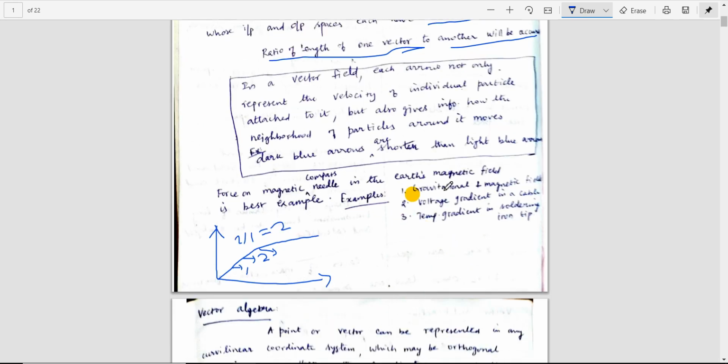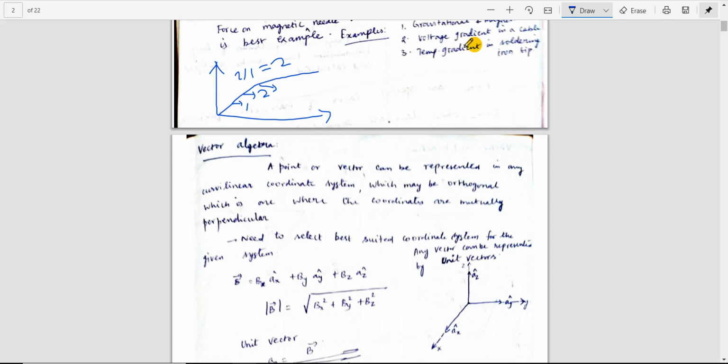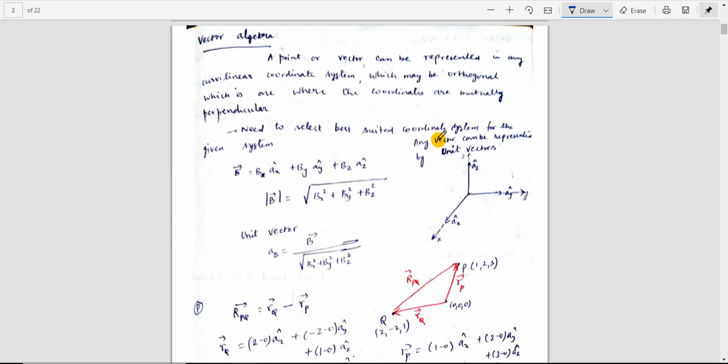Examples: gravitation, magnetic field, voltage gradient, temperature gradient in a soldering iron tip. You can define vector field examples like this. Next,